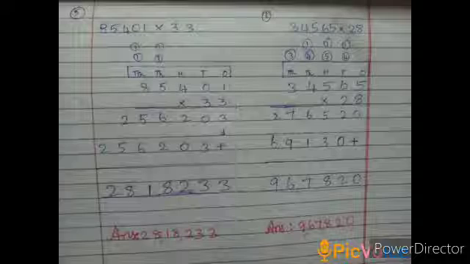Next, for the tens place number, put the plus symbol in the ones place and start the tens place multiplication. The tens place also has 3. So 85,401 multiplied by 3, we are going to get the answer: 3 1s are 3, 3 0s are 0, 4 3s are 12, 2 and 1 should be carried over. 3 5s are 15, 15 plus 1, 16, and 6, 1 should be carried over. 8 3s are 24, 24 plus 1 is 25.